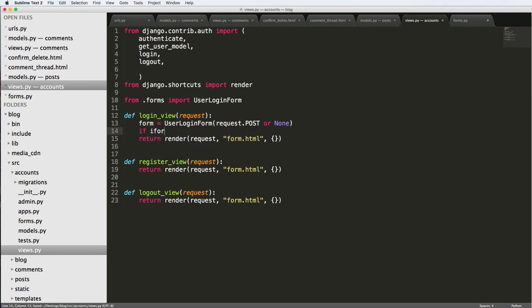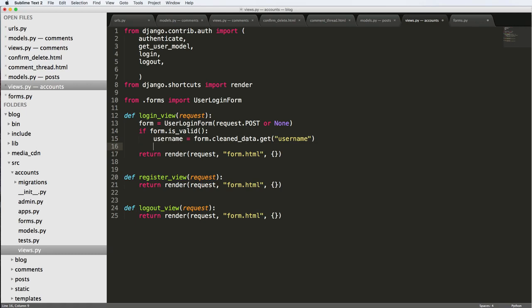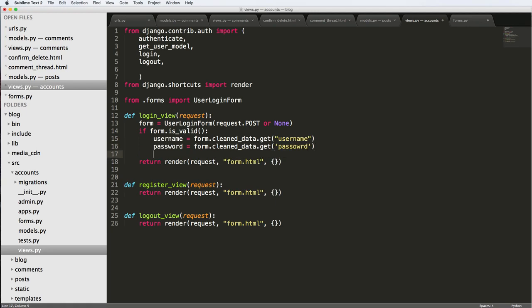And then we'll do if form.is_valid(), then we are going to get the username equals form.cleaned_data.get('username'), and then the password equals form.cleaned_data.get('password'). Cool. And we don't really need to test this at this point, mainly because this is just very standard form